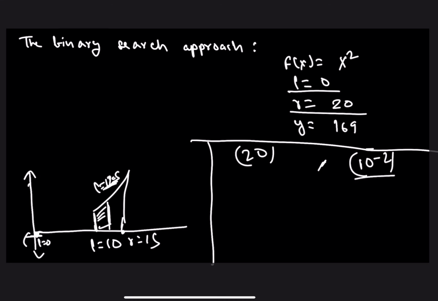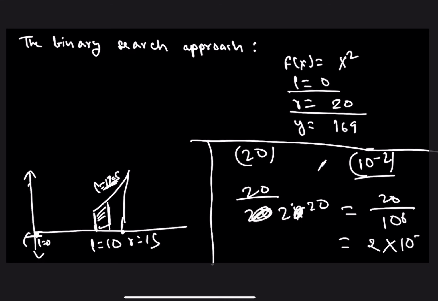In that case, if you perform 20 iterations, it will be more than sufficient, because 2 to the power 20 is approximately 10 to the power 6. So the error in the worst case will be of the order 2 into 10 to the power minus 5, and we will satisfy the criteria that our error should be less than 10 to the power minus 2. So depending on the problem requirement, you can choose to perform as many iterations as you want.